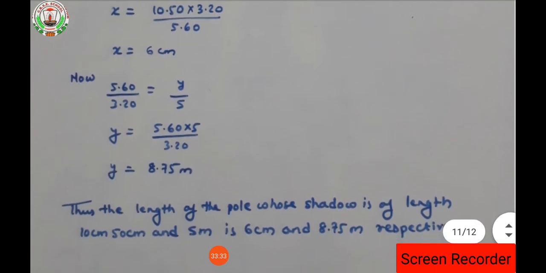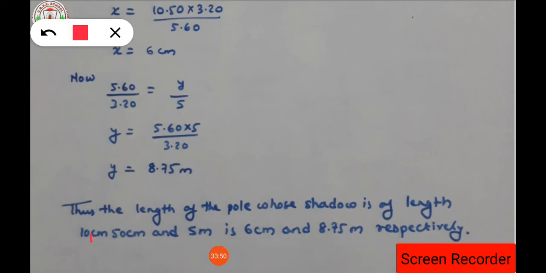So finding the value of y by cross multiplication, we will get the required answer as 8.75 meter. So thus the lengths of the poles whose shadows are of length 10 meter 50 centimeter and 5 meter are 6 centimeter and 8.75 meter respectively. Okay, next,